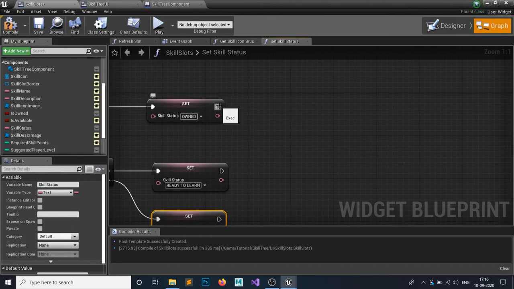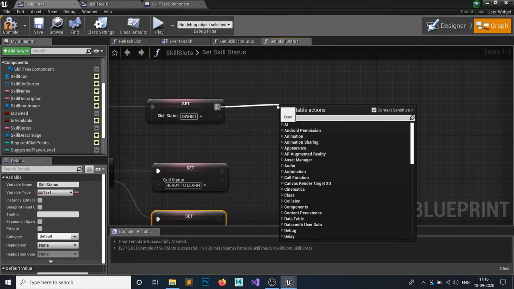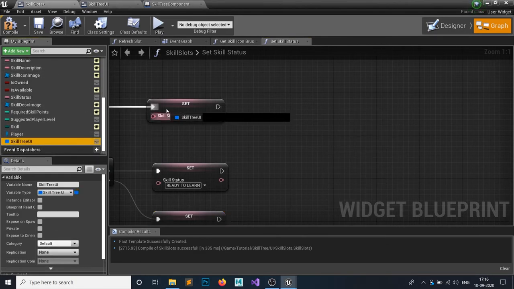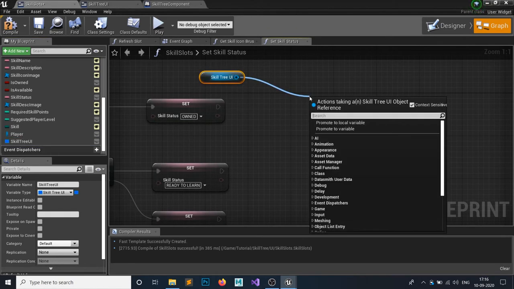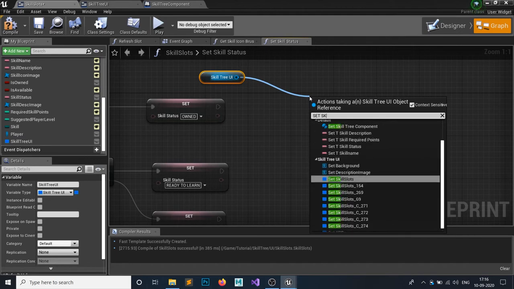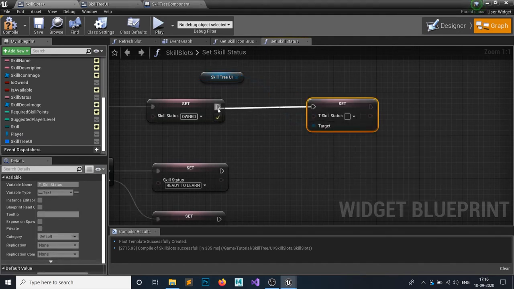And after that we want to set it to our skill tree. So grab a skill tree UI. In here we have promoted this to a variable in our previous lectures, and set the skill status text, the t_skill status, to this.